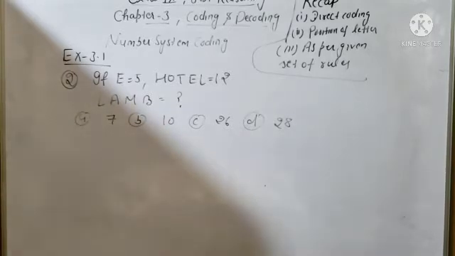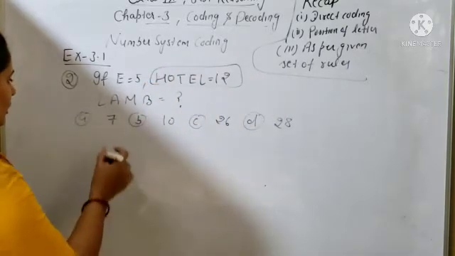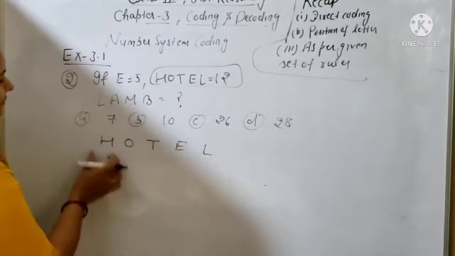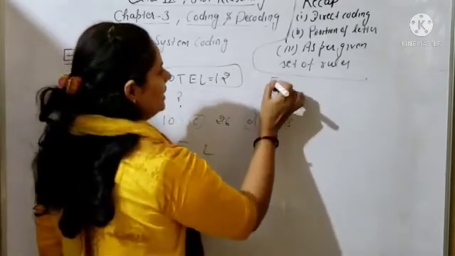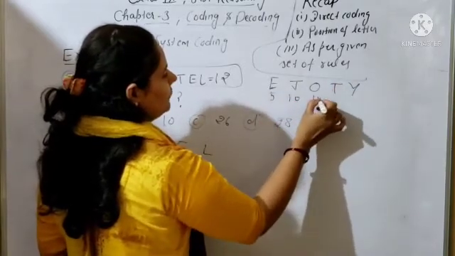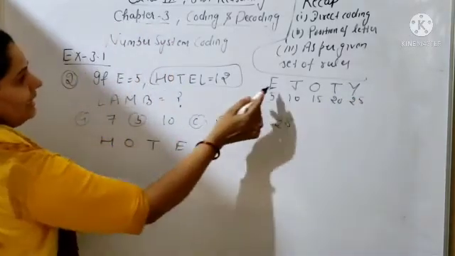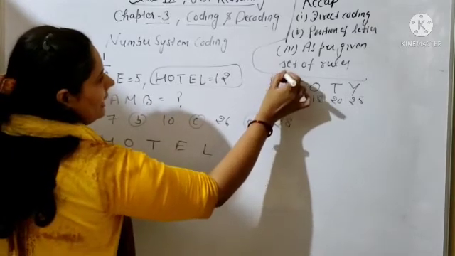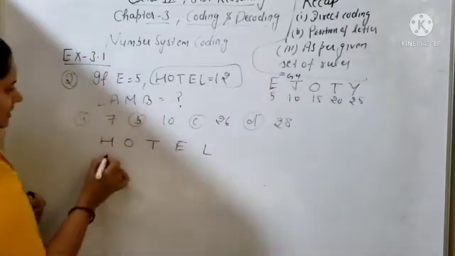Okay, so first of all, beta, you will check HOTEL. How are you getting HOTEL equal to 12? So first you have to check this one. First you will write the places of HOTEL. For example, if you are starting from the left hand side, what is the place of H? So first here you can write EJOTY, so 5, 10, 15, 20 and 25. Clear? So what is the place of H? E, F, G, H. After E it will be F, G, H. So E place is 5, 6, 7, 8. So this is the 8th place.